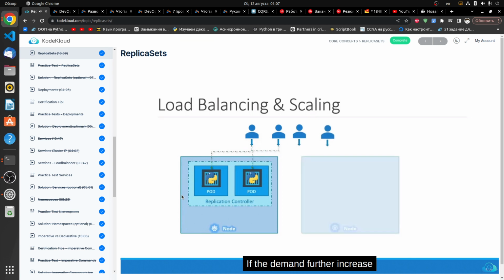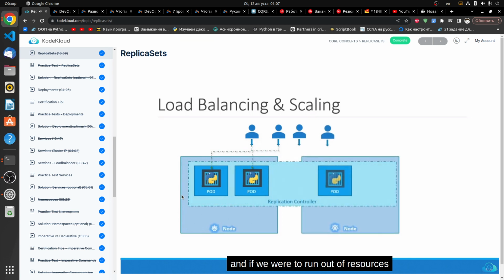If the demand further increases and if we were to run out of resources on the first node, we could deploy additional pods across the other nodes in the cluster. As you can see, the replication controller spans across multiple nodes in the cluster. It helps us balance the load across multiple pods on different nodes as well as scale our application when the